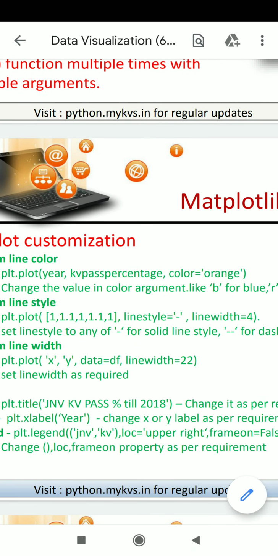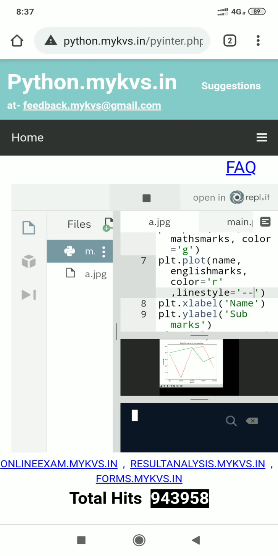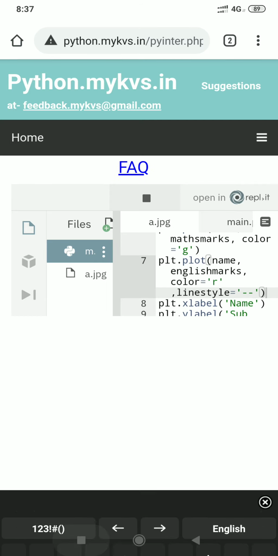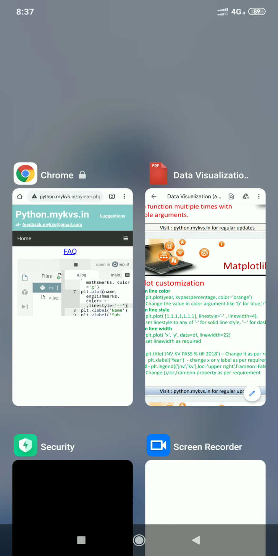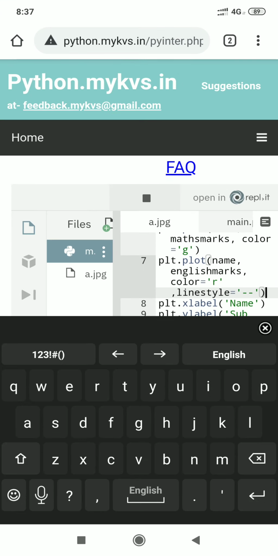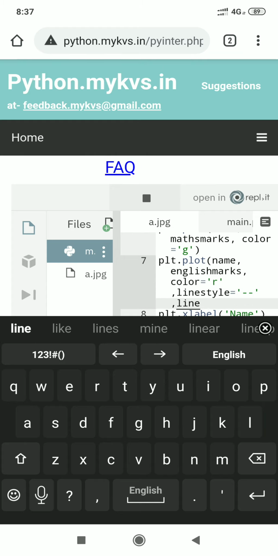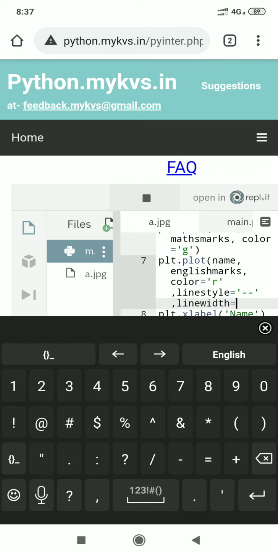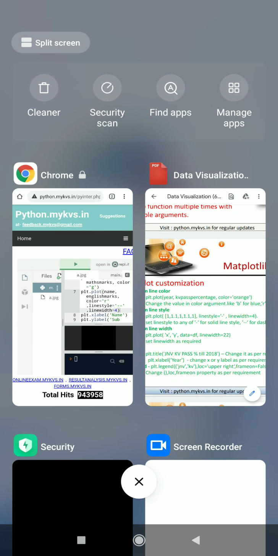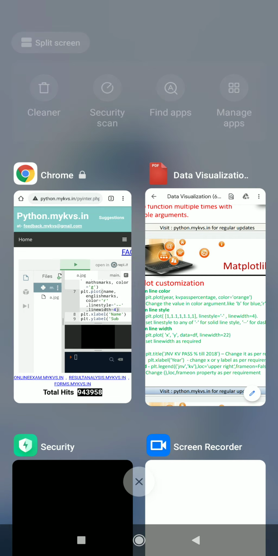The next argument is its width. Its width is small, so we can set the width also. Its argument is line width. Comma, line width equal to 4.